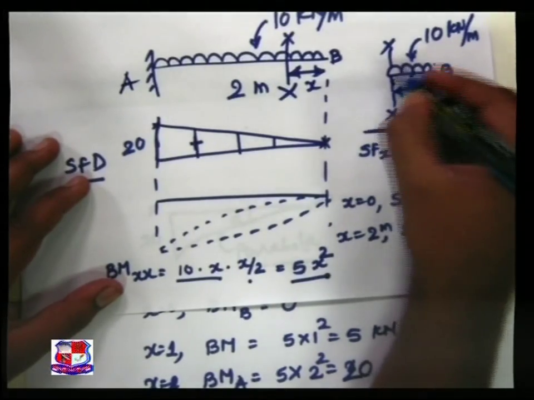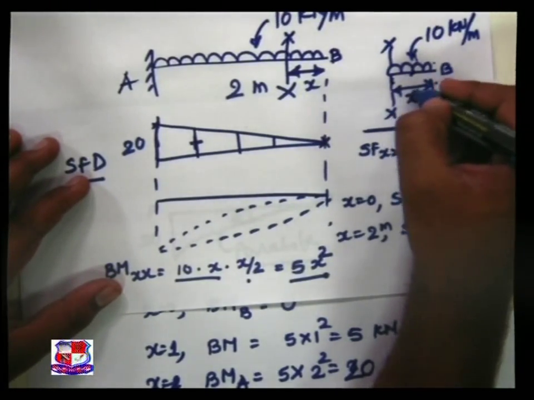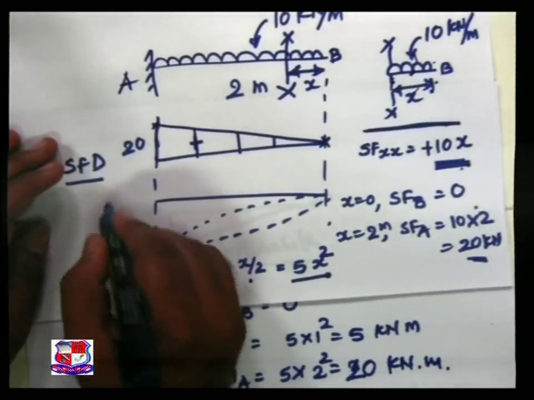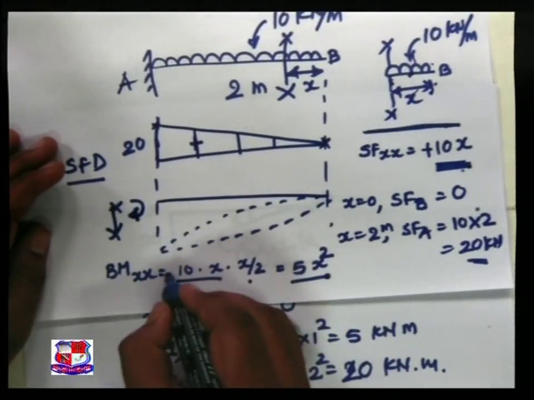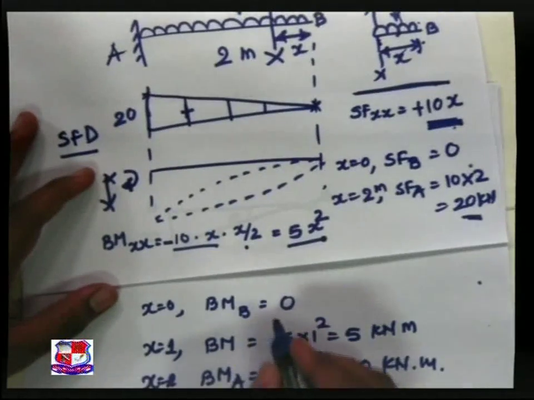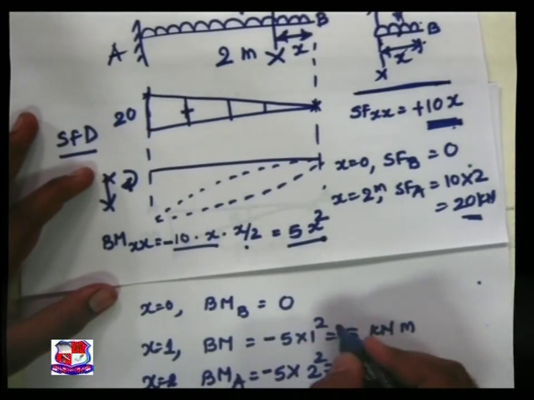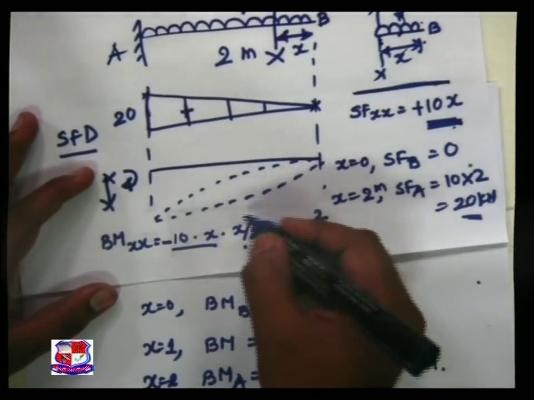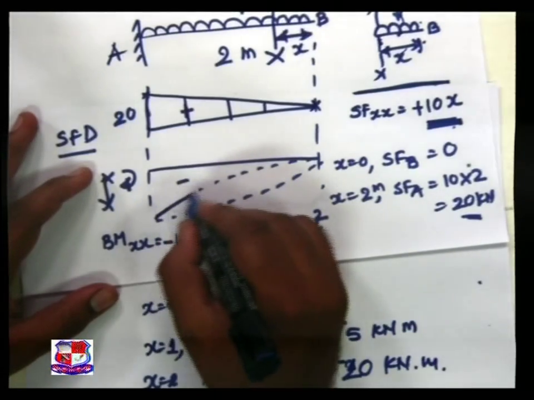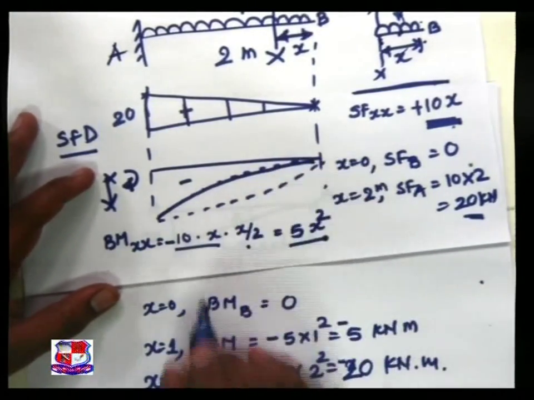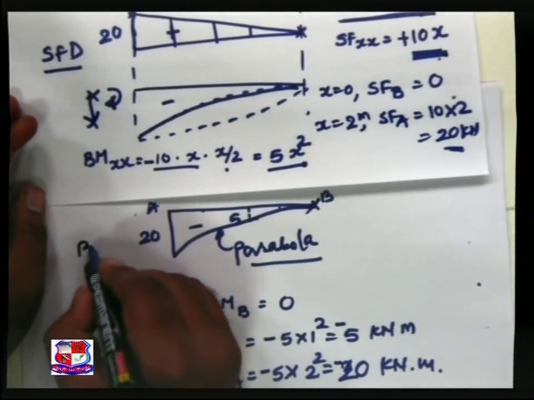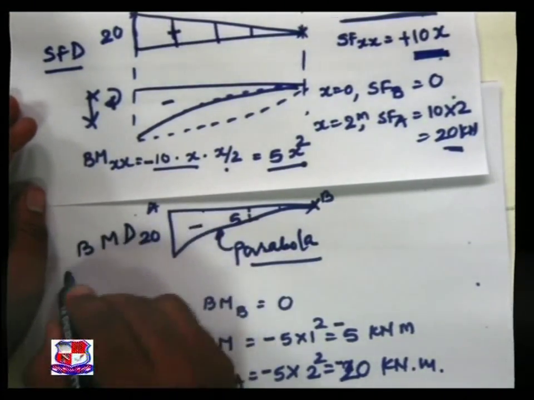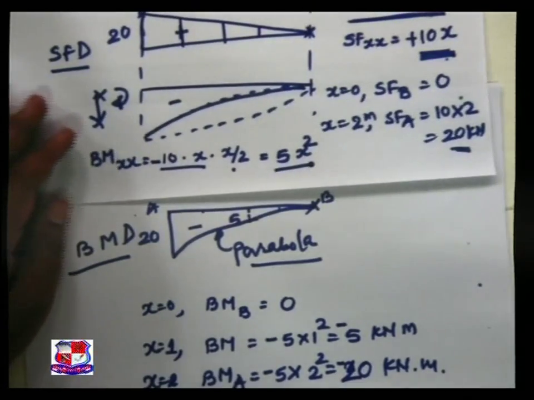Section right clockwise. So if we take a section right clockwise, which is treated as negative, all the values we achieve over here are negative, below the baseline, with a minus sign, and this is my bending moment diagram. So from this